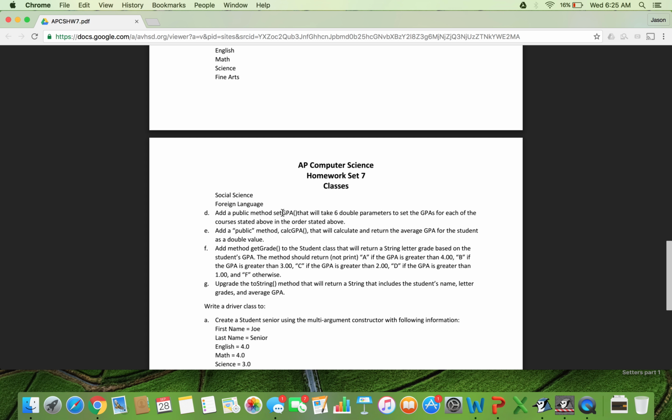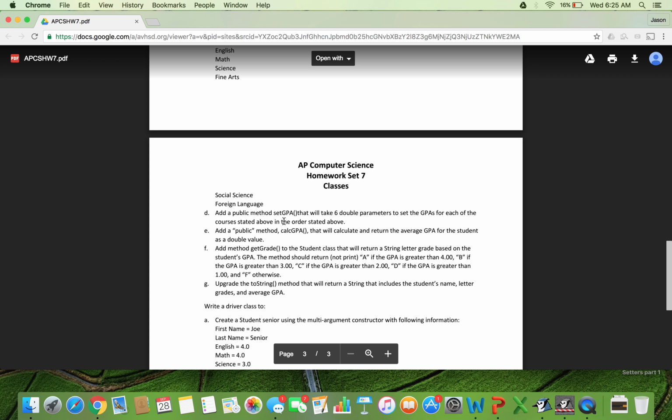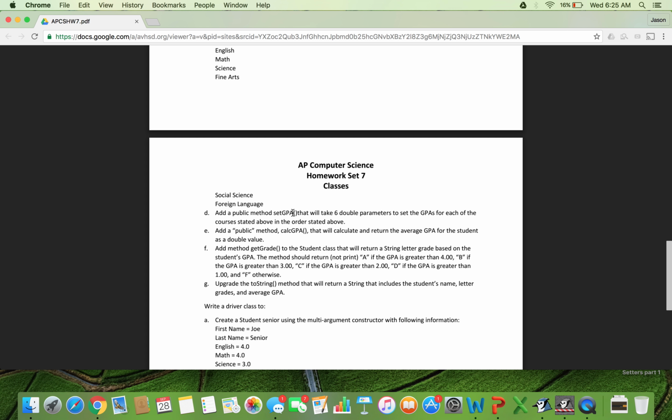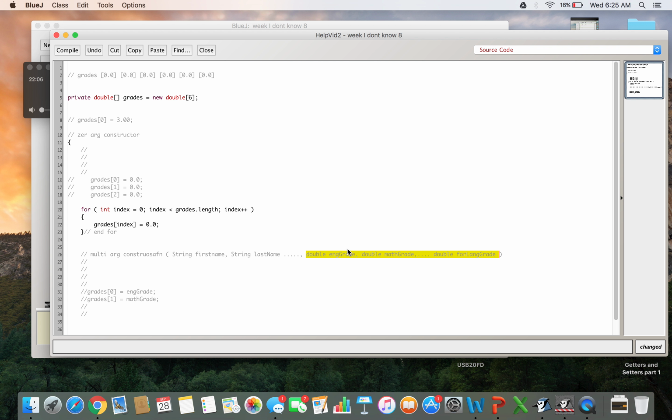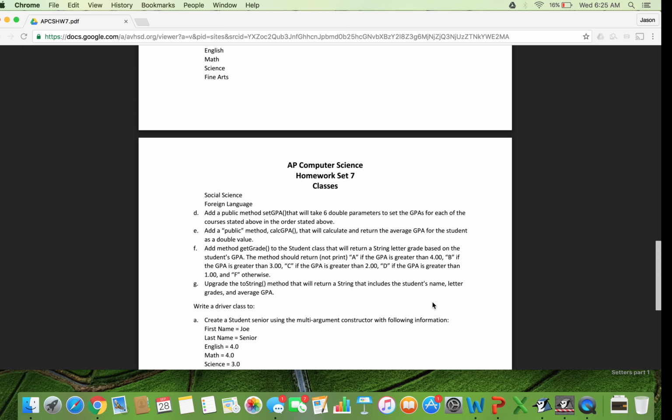Add a public method, setGPA, that will take 6 double parameters and set the GPA for each of them. Grade point average. That's just grade. It should be set grades, but that's how it's written. For each of the courses. So setGPA is just like your multi-argument constructor. It'll be almost the same exact thing. You'll run through your array one at a time, not with a loop, and you'll put in these things, and then